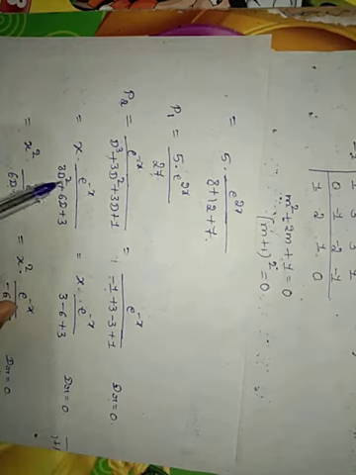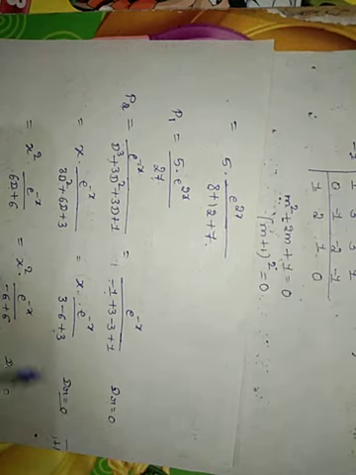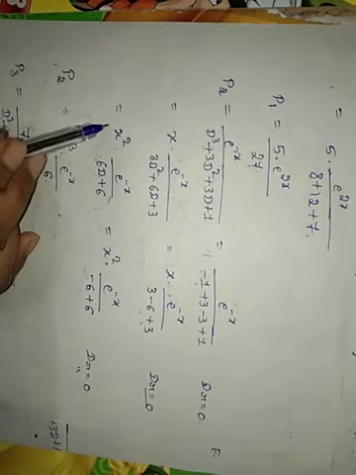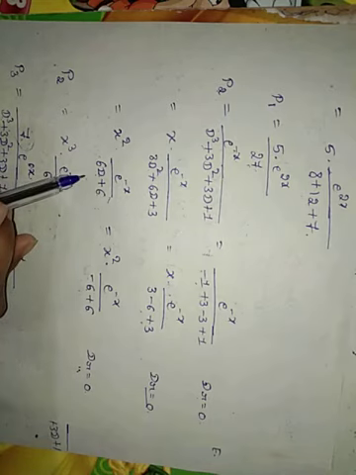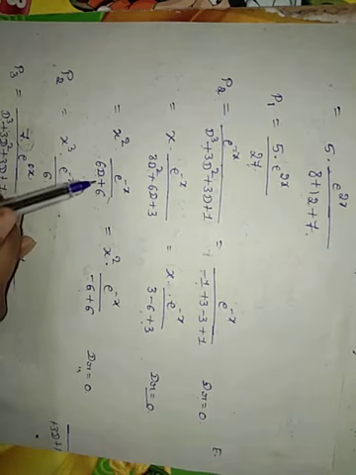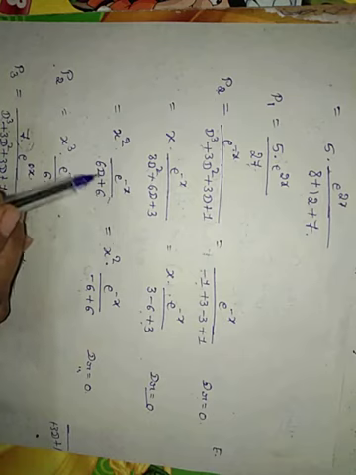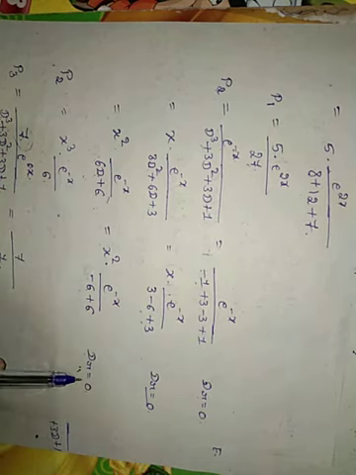Now we have to replace D by minus 1. So minus 1 square is plus 1, times 3 is 3, plus 3 minus 6 plus 3. Again the denominator tends to 0. So our next procedure is again to move to x square into e raised to minus x divided by the second derivative of f of D. So the second derivative of f of D is 6D plus 6. Again replace D by minus 1. When you replace D by minus 1, we get again minus 6 plus 6. Again the denominator tends to 0.